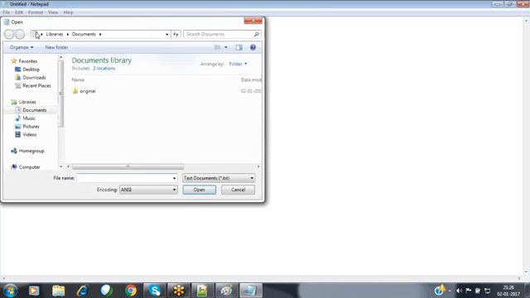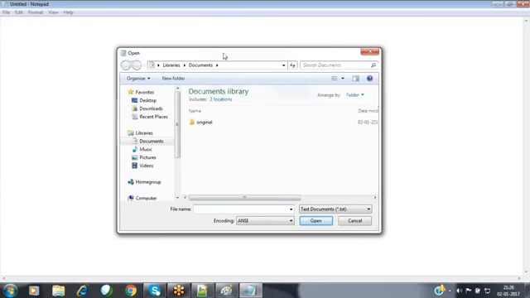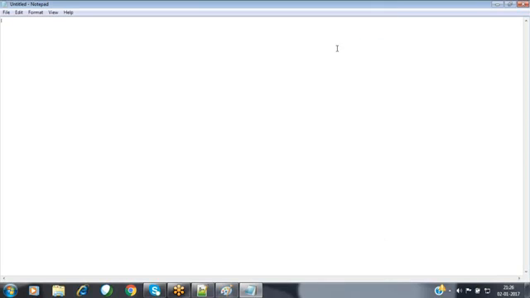When you click on Open, what happens? It opens an open file dialog. From this, you can select any file which you want to open inside this Notepad. So to open this open file dialog, they have written some code. That business logic will be executed when you click on the Open button.